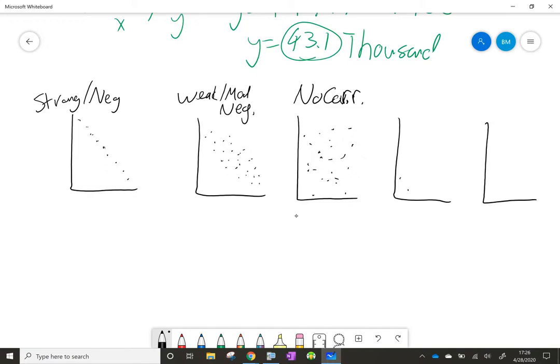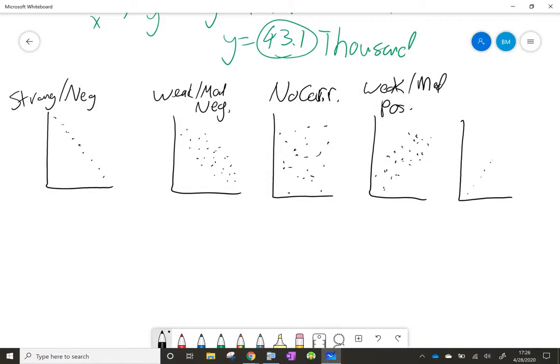The fourth graph I'm going to do is going to be a positive correlation, but it's going to be kind of weak. It's not going to be a perfect straight line. So this will be a weak or moderate positive correlation. And then the last one, I'm going to make a perfect positive correlation. So a perfect straight line up, right? So this is a strong